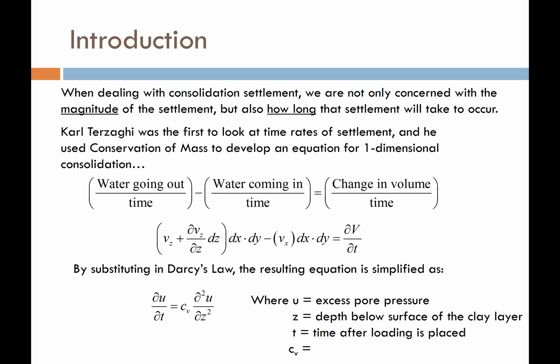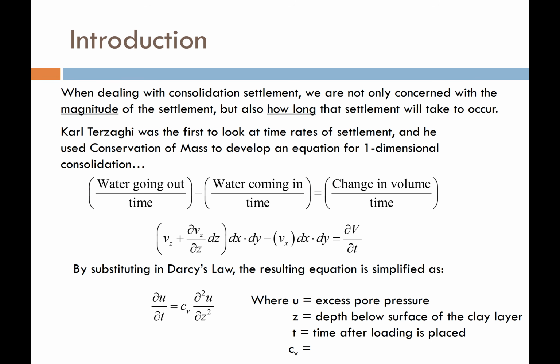And he developed a theory to quantify and explain not just the magnitude of consolidation settlement, but also how long it's going to take for settlement to occur. And it's all based on conservation of mass, which is basically saying that the water going out in a given amount of time minus the water coming in is going to equal the change in the volume of the soil,